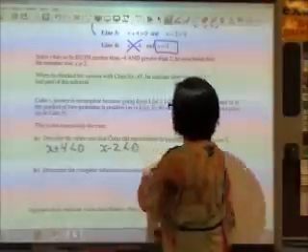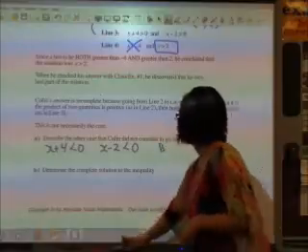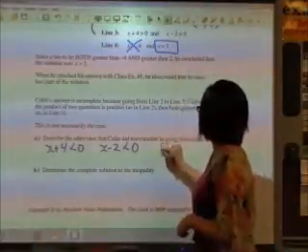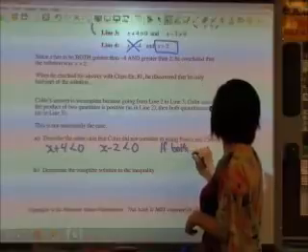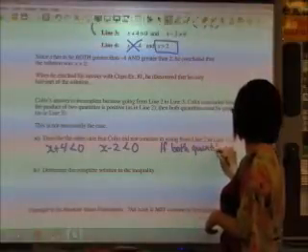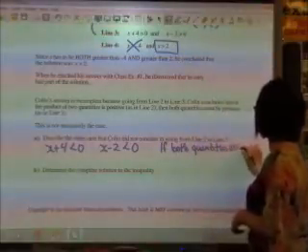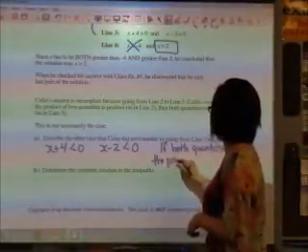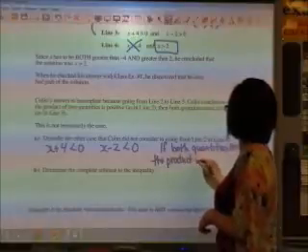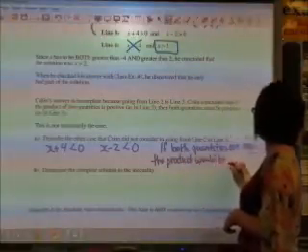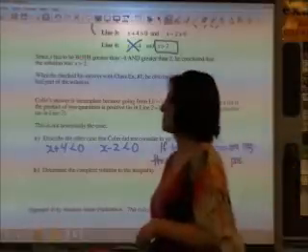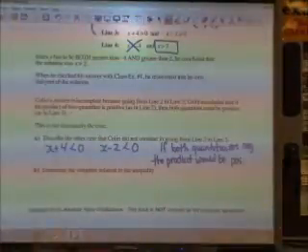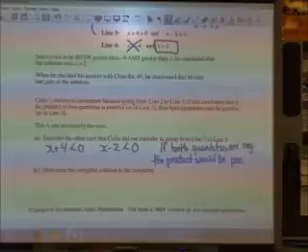So the description for this is if both quantities are negative, the product would be positive. Okay? So if we look at determining the complete solution of the inequality, I have that x plus 4 is